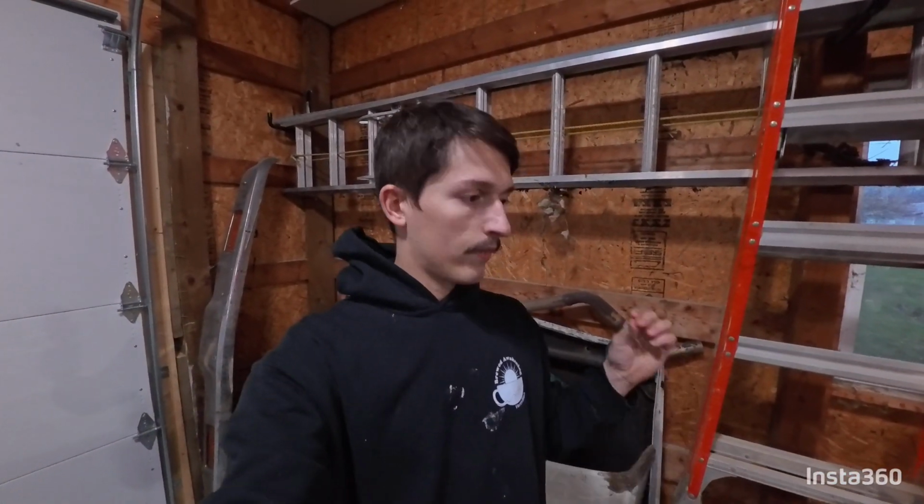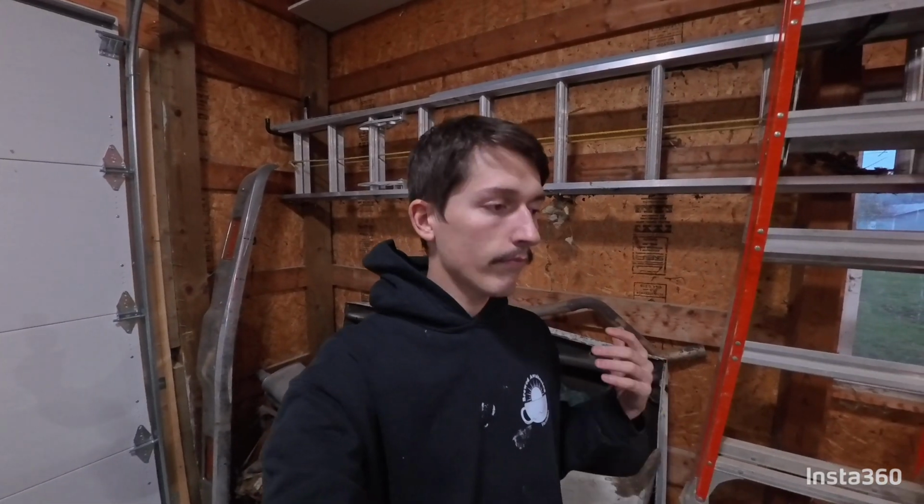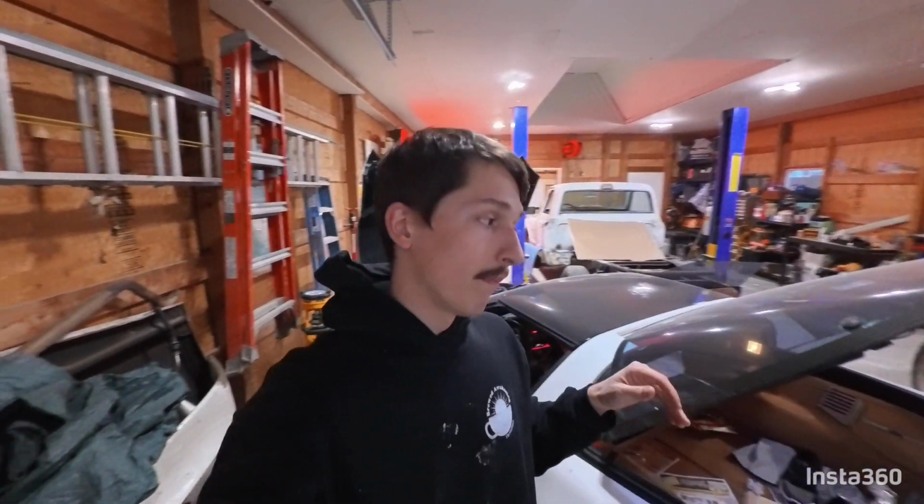Put it in it. It ran, it drove, and then I had this brake issue. At the time, I just could not figure out for the life of me what the brake issue was. So I ended up getting rid of the car, sold it. I don't remember what I sold it for, but it was just a little bit less than what I paid for this. I got this for